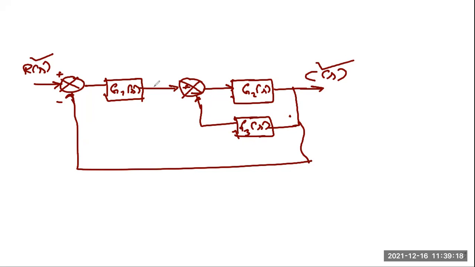Now, after each block, let us say this variable is something, for example F1(s). And this is a comparator. So obviously here you have a variable that is C(s). And this one, let us say, is F2(s). So within this input and output, some intermediate variables are defined. These variables are basically the states of any system.